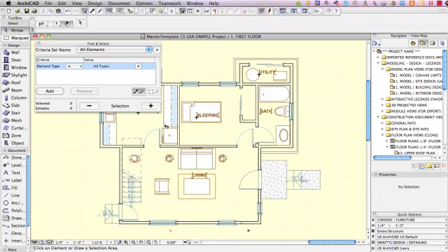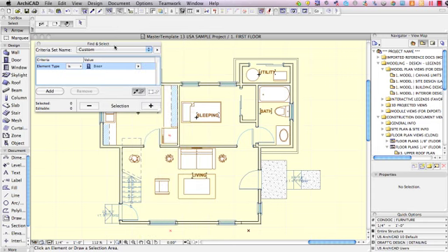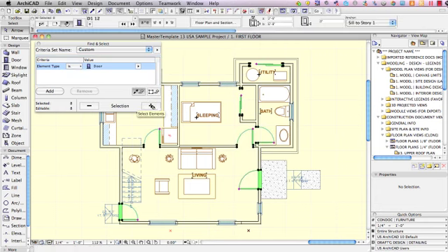It's not really what I want. Perhaps I want to say that I'd like to select doors. Now, this find and select will look a little different depending upon which version you have of ArchiCAD, but basically you will have a choice of the element type is one of the options. And if I selected all doors, this would allow me to select and possibly change all of the doors at